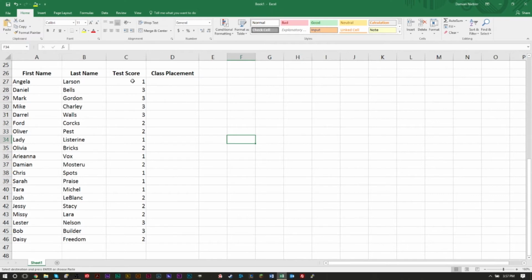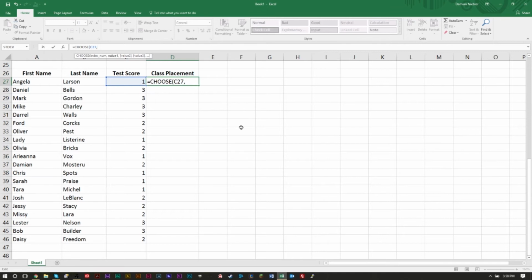Now, if you want to choose a specific class for these students based on a test score, what we can do is go to our column we want to, once again, instead of just going through each score and seeing, okay, you're 1, I'm going to type in basic, then paste basic, then paste basic, and then keep on typing advanced and expert. What you can do is go to the first column, then go over here to our formula bar, press equal, and type in choose, open parentheses, and the first parameter is going to be, okay, what are we looking at? We're looking at test score. So test score is going to be C27,